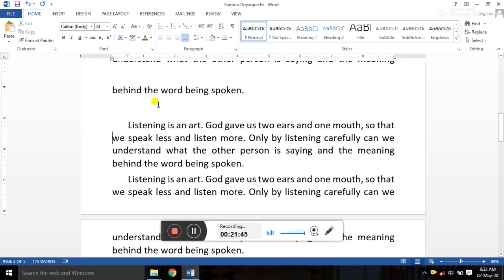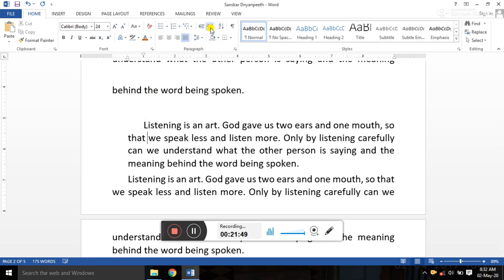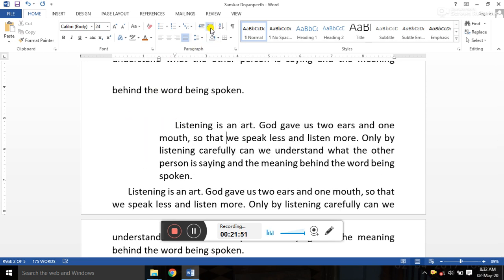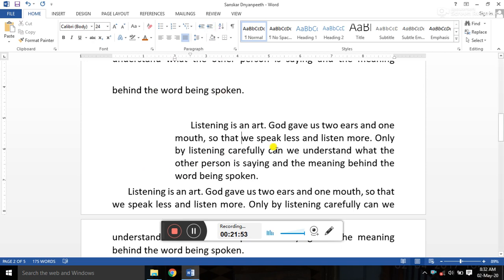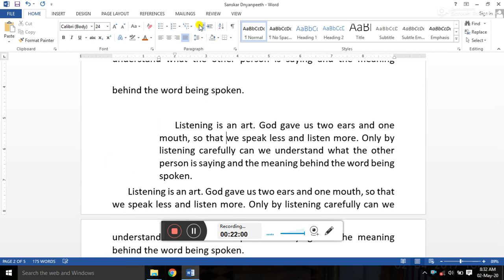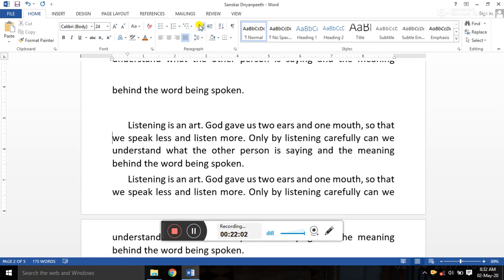Now let us see, once you click on increase indent in front of the paragraph, now if you want to change, only one paragraph's indent will change. Now the remaining paragraphs are fit to the left margin. Now if you want to take that paragraph to the left side, again click here, see decrease indent and increase indent. Now after that, in tomorrow's lecture or in the next lecture, we can see the remaining parts of the home tab.